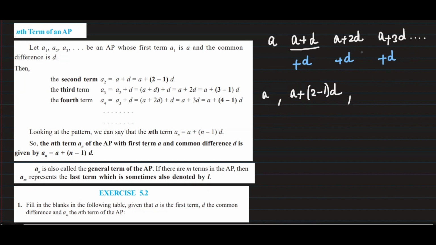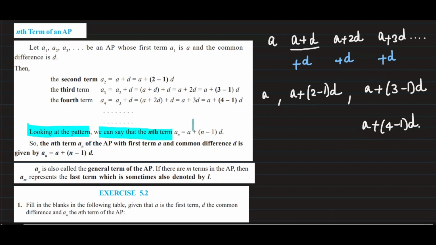Now again, see the third term. The third term can be written as A plus 2D. That is A plus 3 minus 1 into D. If you simplify, 3 minus 1 will become 2, again A plus 2D. Again writing the fourth term, that will become A plus 4 minus 1 into D, which is nothing but A plus 3D, right? So by looking at this pattern,